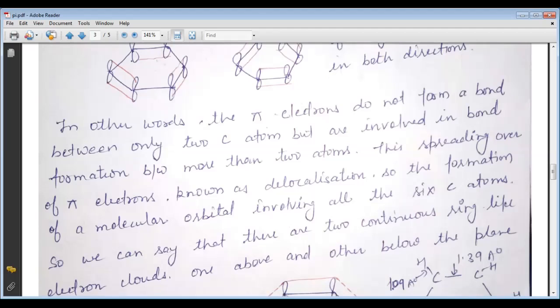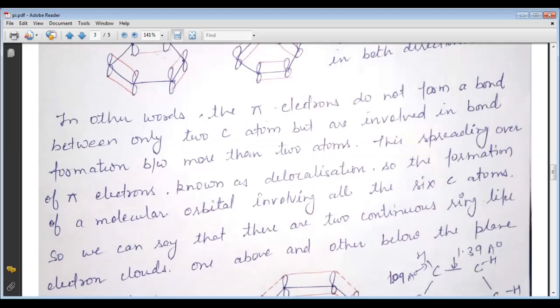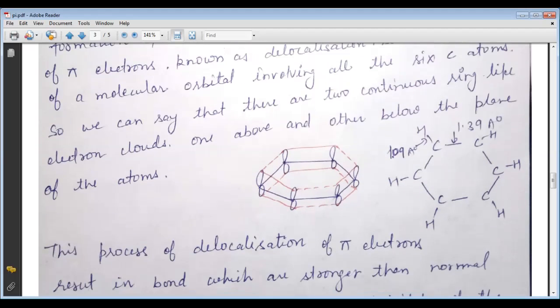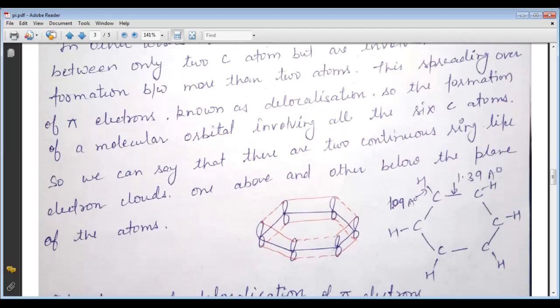This spreading over of the pi electrons is known as, we all know that word, delocalization. Clear? So the formation of a molecular orbital involving all the